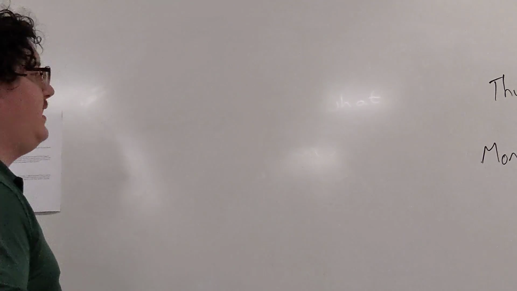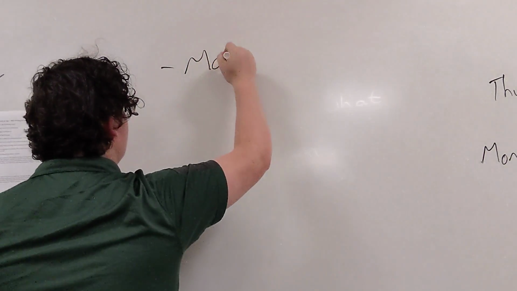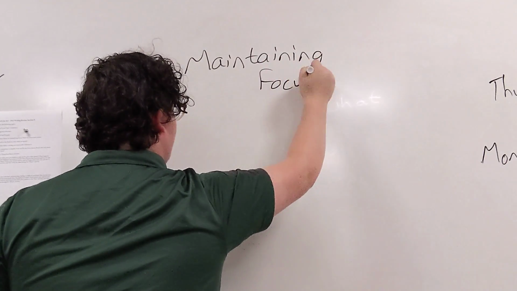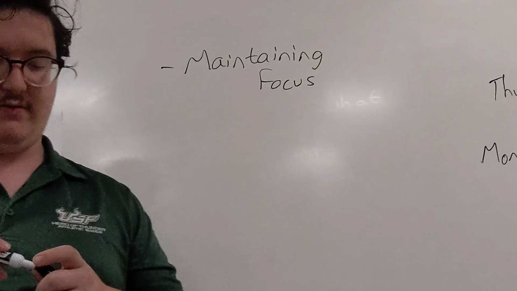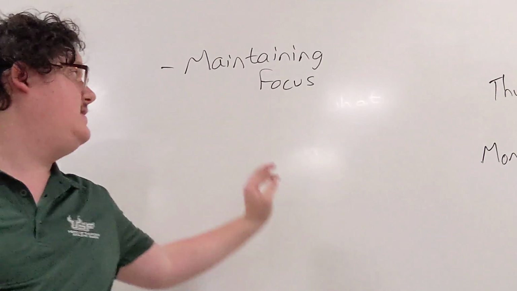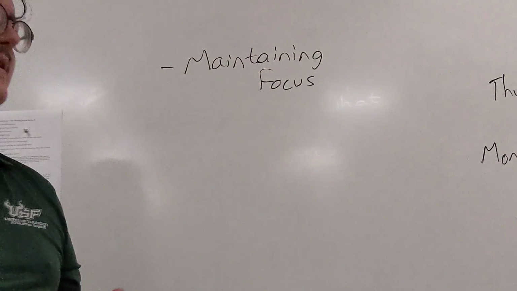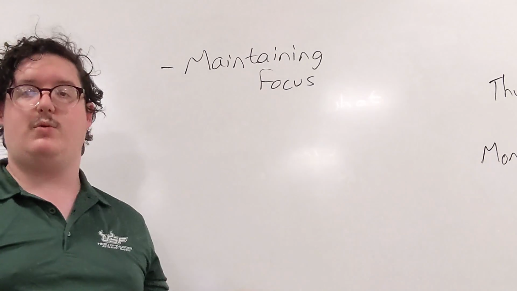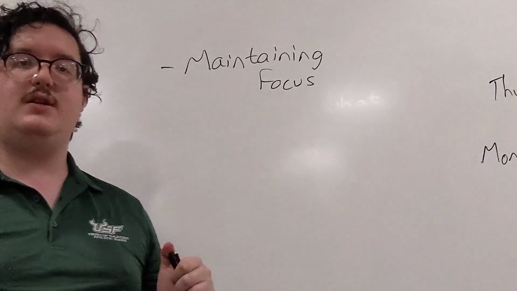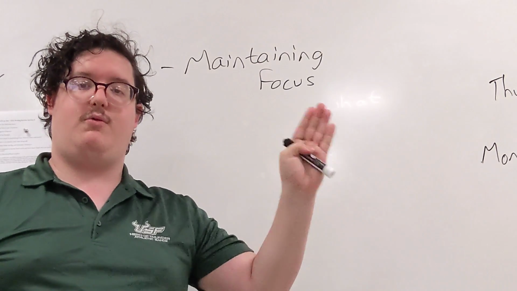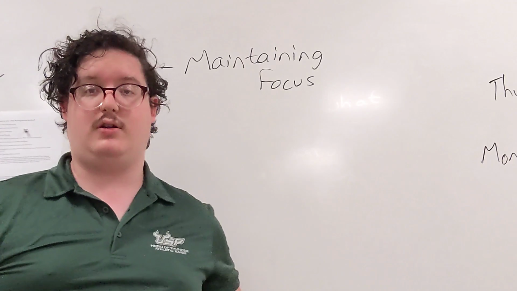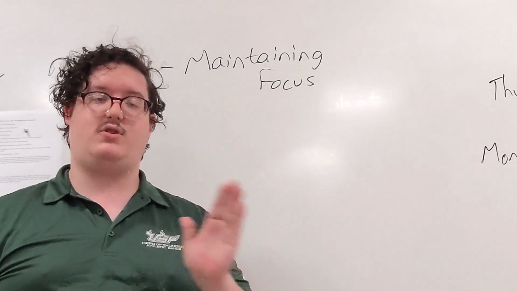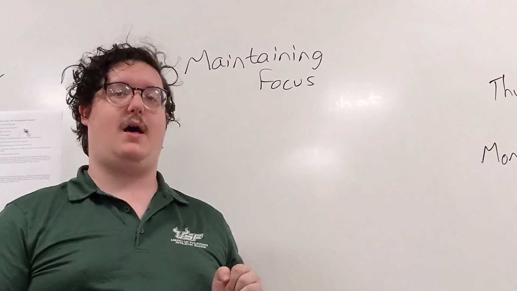So, first things first is maintaining focus. Now, there's 3 major ways that we do this. First of all, we have to identify what maintaining focus means. Essentially, maintaining focus means you are making sure your thesis, your controlling idea, your argument, whatever you want to call it, the main idea of your essay continues all the way through, from your introduction through every single body paragraph and ending in your conclusion. You want to make sure that consistent controlling idea doesn't stop and that you always are talking about it. You don't want to talk about anything else.